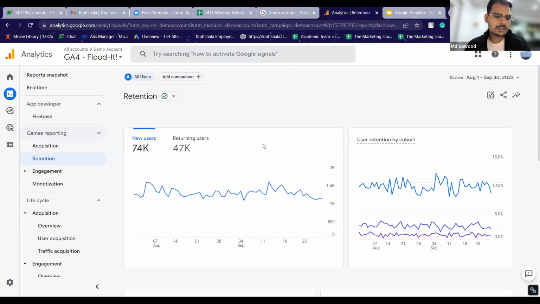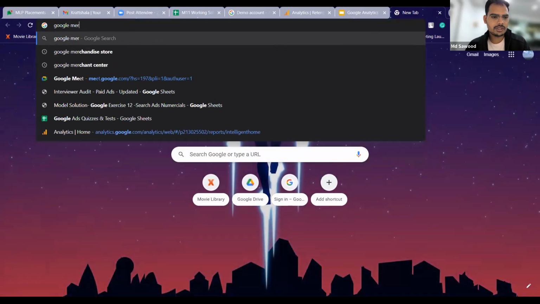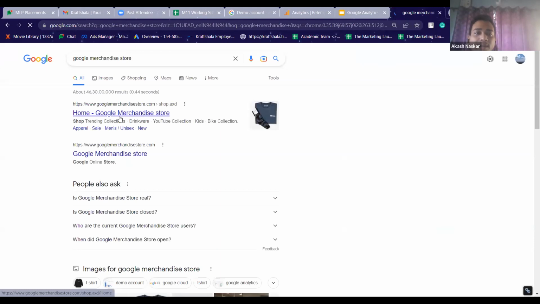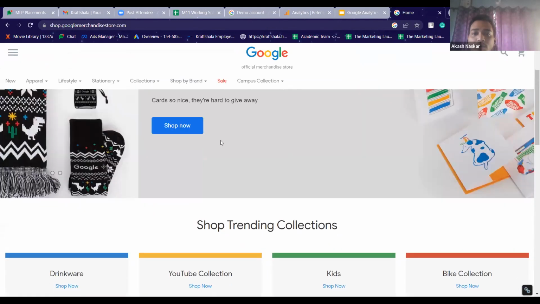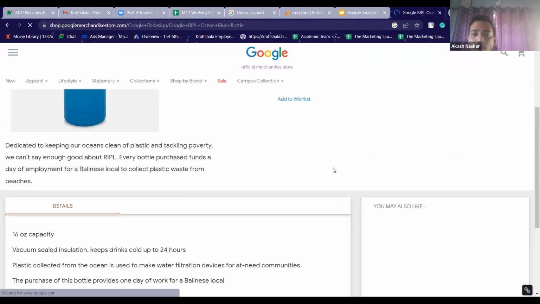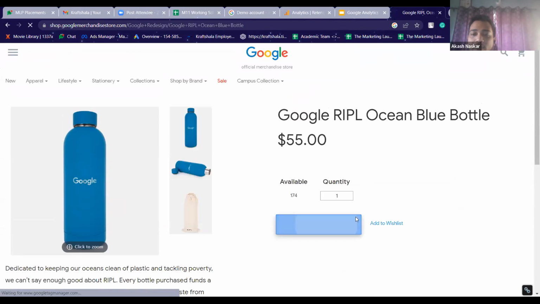And you also mentioned this is a dummy data. Then how are we getting live reports, like real time? I think this is real data which is coming from the website. Yes, the real data is definitely coming from the website. But what you have to understand is the data that we see. For example, a lot of you were asking, what is the Google Merchandise Store? This is what the Google Merchandise Store is, right? And here you can actually go and shop specific products. You can buy, you can add to cart and you can purchase.